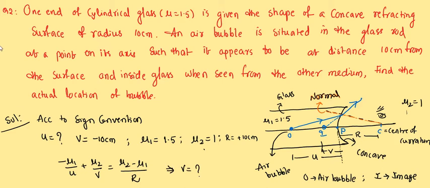Now we are going to discuss one more problem, and I will give one homework for you to try. In the concept we discussed, the object is in the air medium and the image in the denser medium. But in the problems we are discussing, the object is in the denser medium and the image is also in the denser medium. It is a different situation, but the formula that we derived for refraction through a spherical surface will be applied for all types of spherical surfaces. Next, let us go for one more problem, one homework I will give you. You solve it.